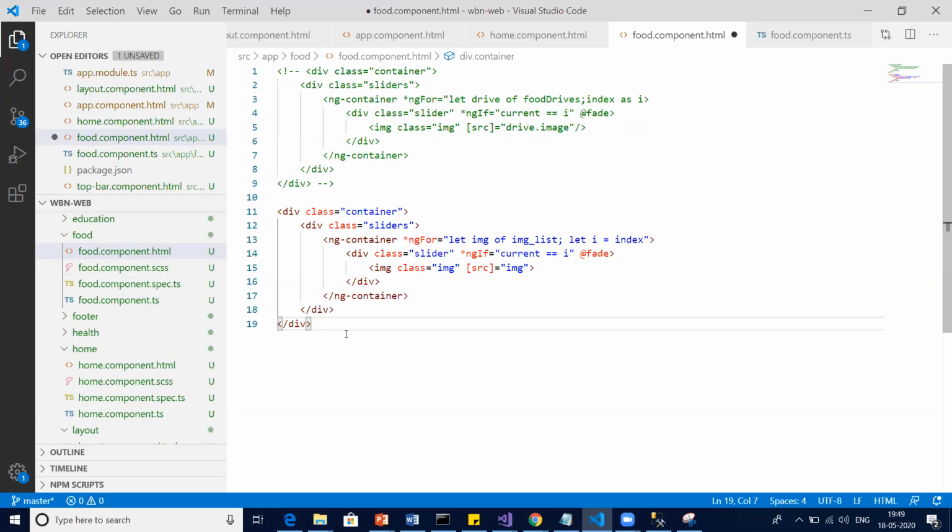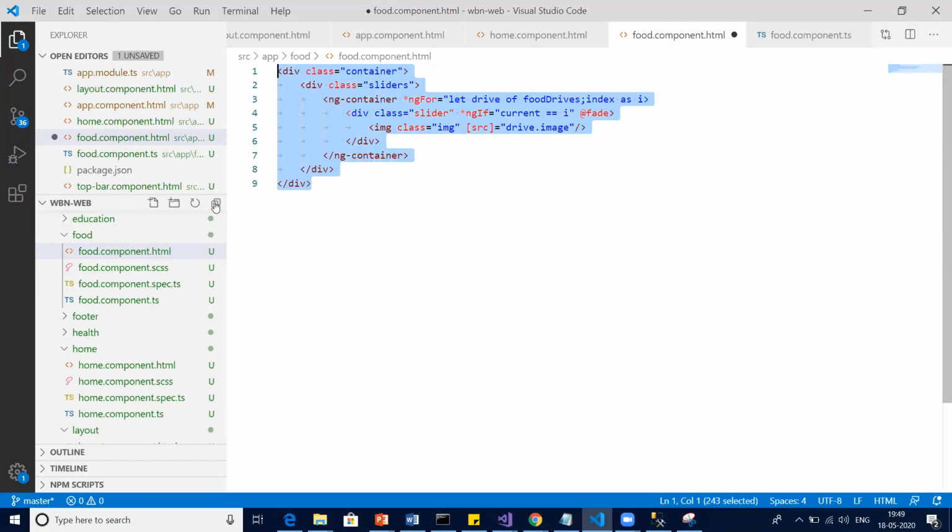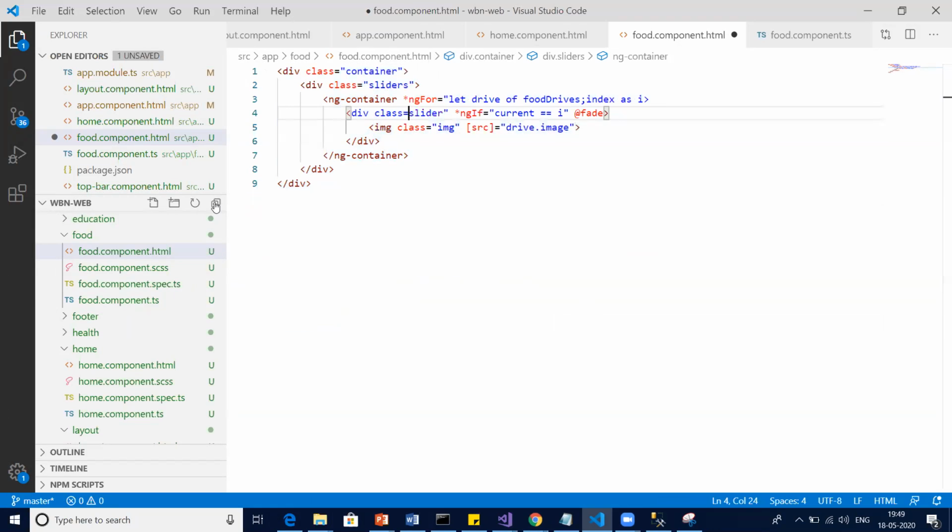I know, I only did some silly mistake, so that's why it was giving an error. Okay, leave it.